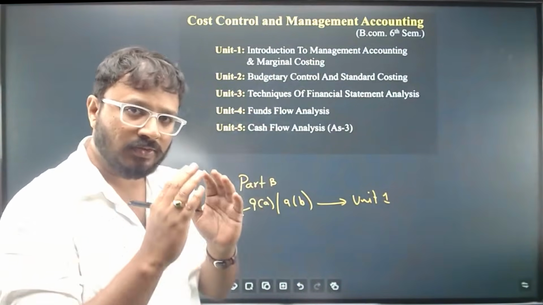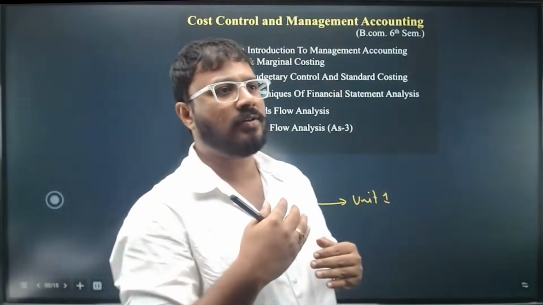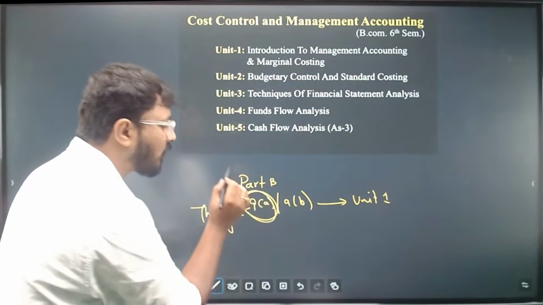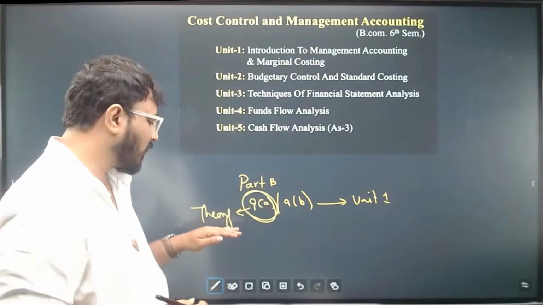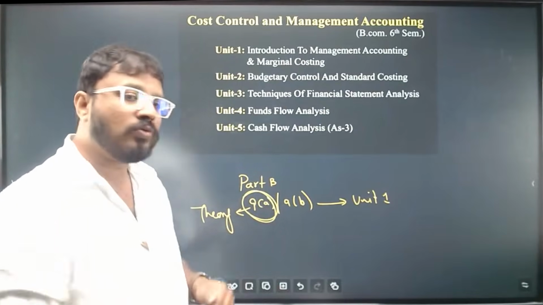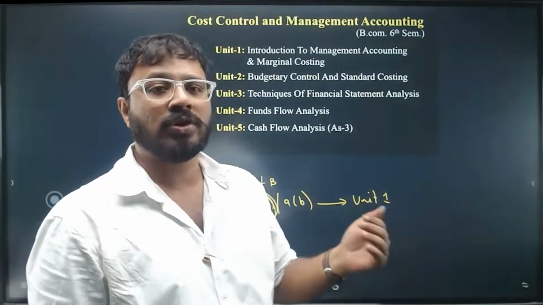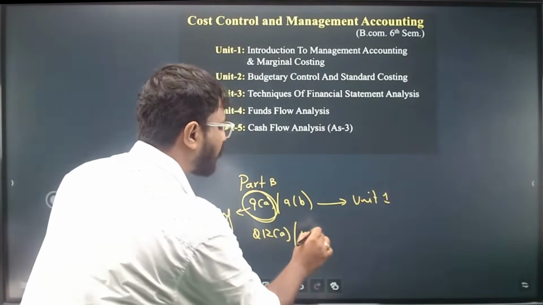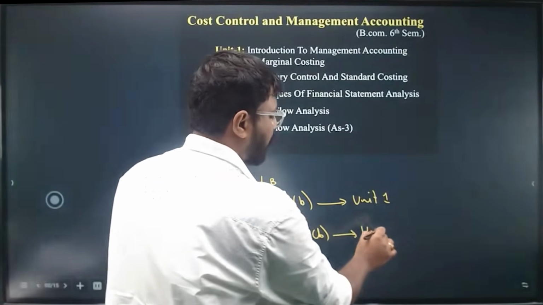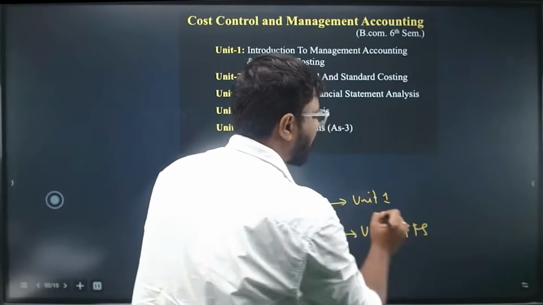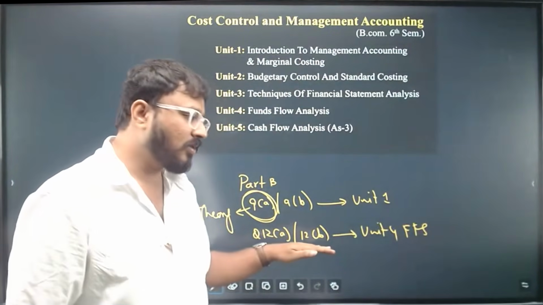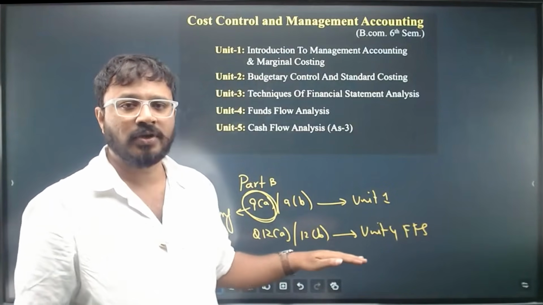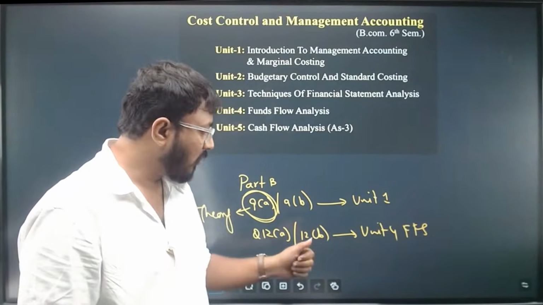If you are good with theory, you are not more of a mathematical brainy student, go with the 9A question which focuses on management accounting, which will be based on theory. Then go directly to either question number 13 or question number 12. Question number 12A or 12B is coming from unit 4, funds flow statement. Very less chance of getting a theory question here. But advantages, it is format based. You can score maximum from these two units, unit 4 and unit 5,